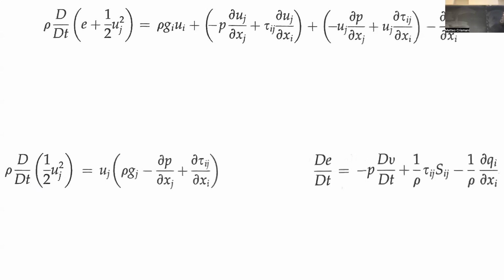So if you think about your box, this is the work done by the pressure field. This is a field term. Okay, what about this one here? It's going to be close to the viscous work. There is something viscousy about it. Oh, the stress work? That's the stress work, right? Okay, and then this one here looks very similar to this one here, but a little switched up. So what's that one?